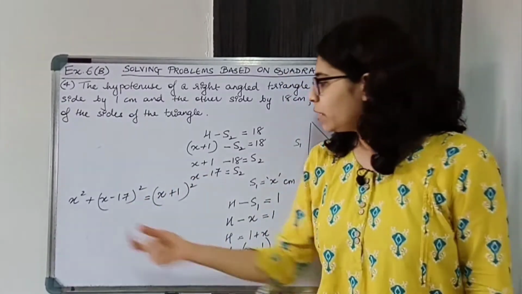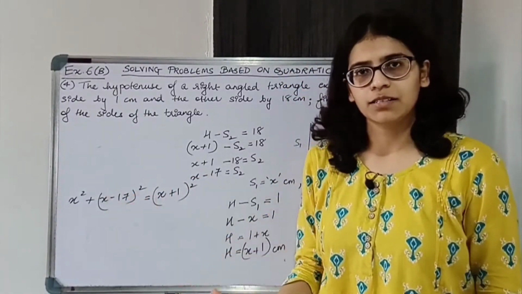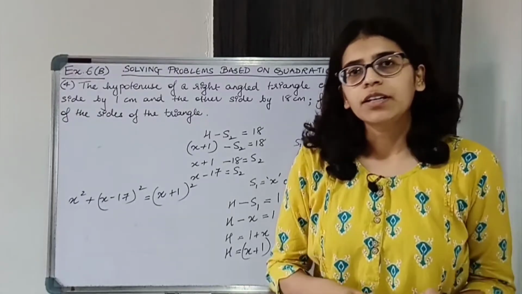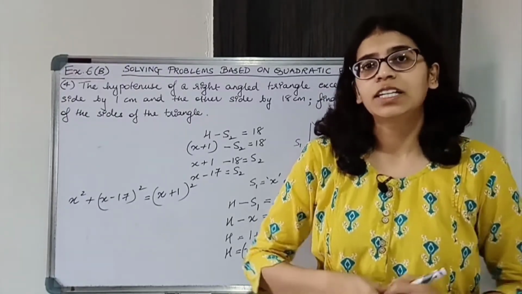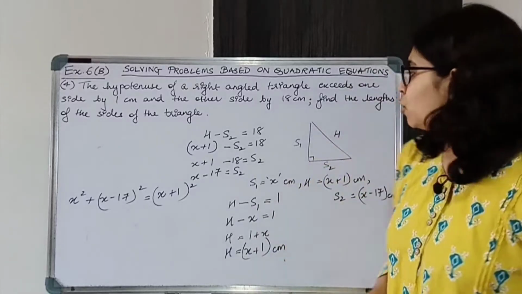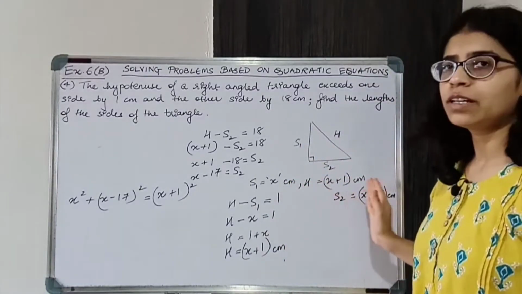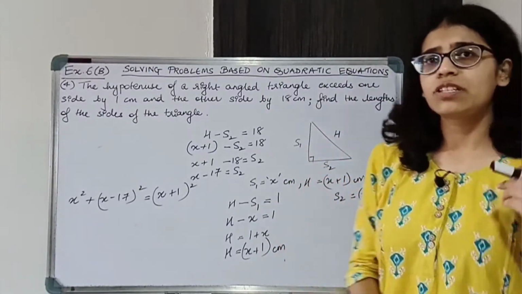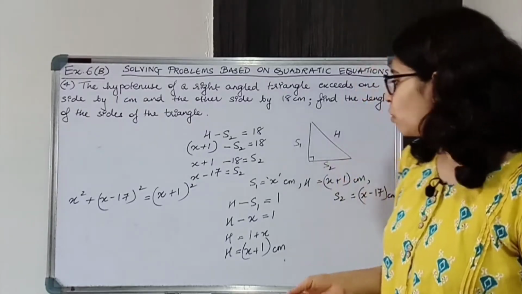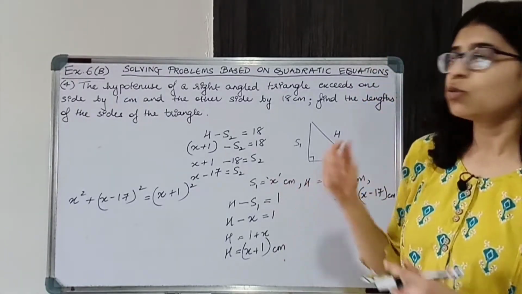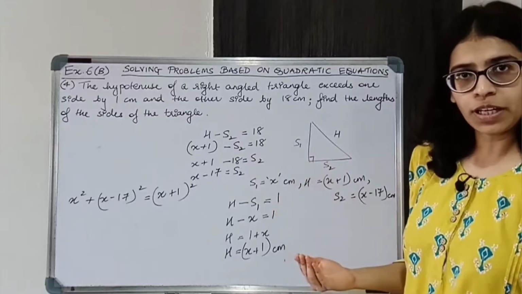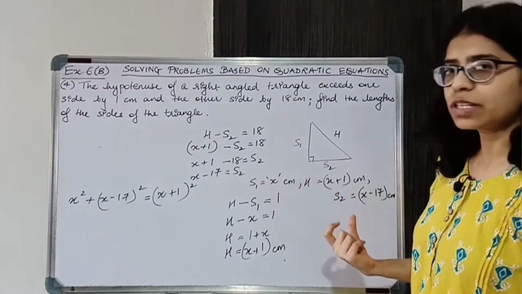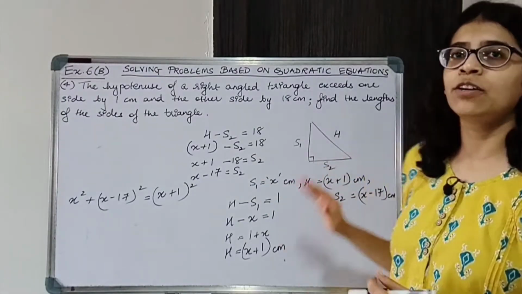You will get a quadratic equation on opening the brackets. On solving the quadratic equation, you will get the value of x. Once you get the value of x, you can easily find side 1, side 2 and hypotenuse. So it's very easy. The main thing is you should get the sides in terms of x. तो condition को follow करो. Hypotenuse का relation दिया है दोनों साइड से, that is what we used to find all the sides.